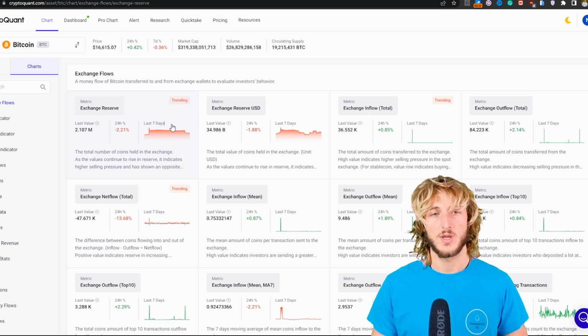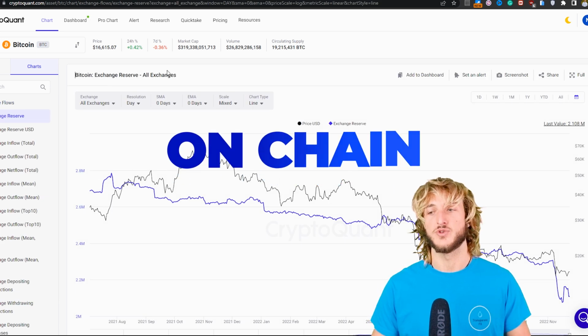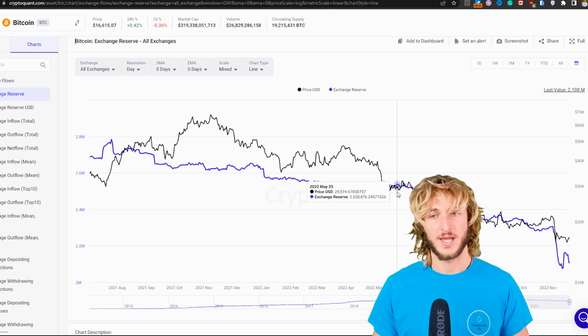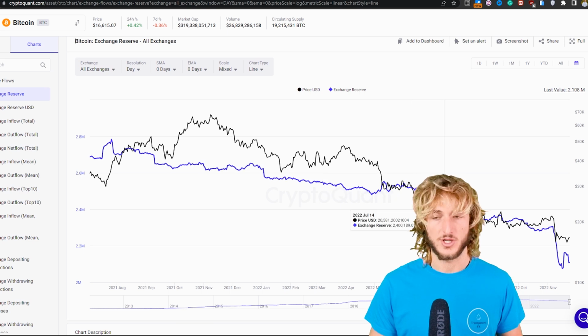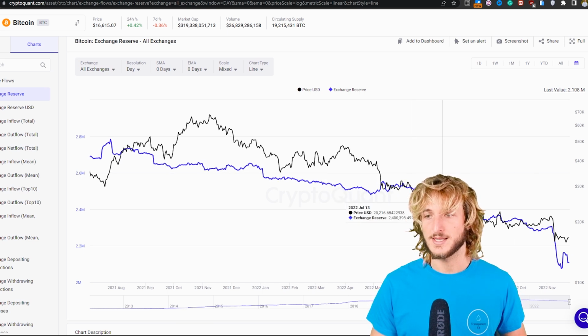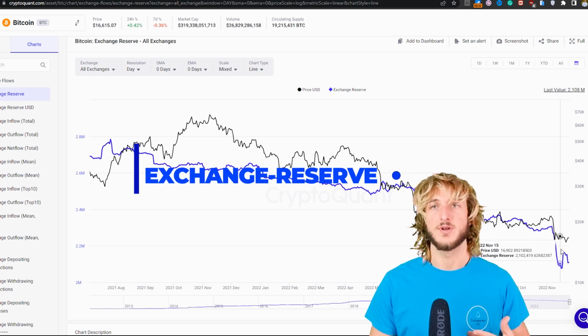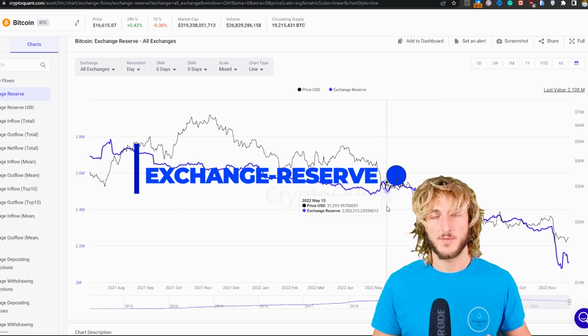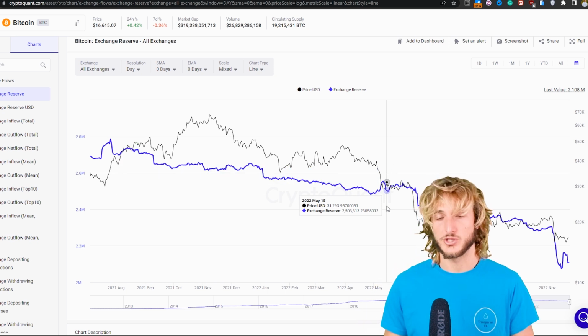Now, if we go and see what we have when it comes to the on-chain data, especially I want to check the exchange reserves. So this purple line is basically the amount of Bitcoins that are on the exchanges in the reserves. What we can see is that even though the price has been dropping, the purple line has been dropping even harder, showing that a massive amount of Bitcoins is getting moved away from exchanges, possibly in cold storage,